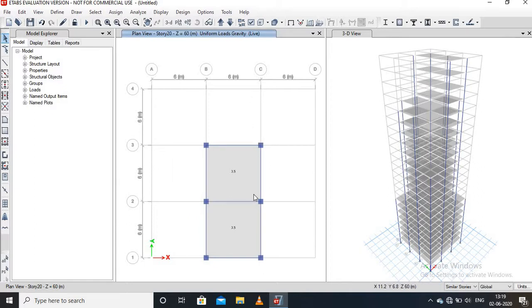After application of the dead load and live load, we also have to apply the cladding load on the exterior wall of all the stories. Therefore, go to the first story.